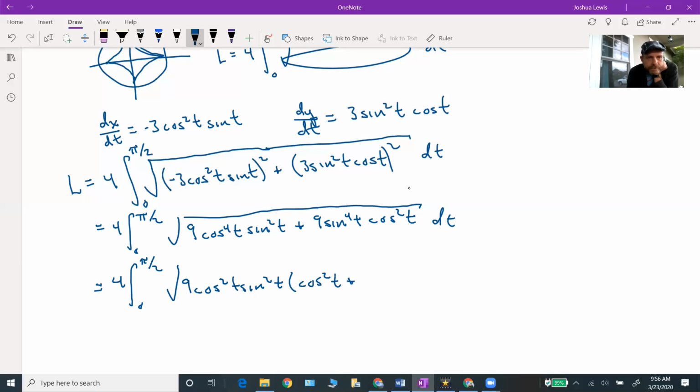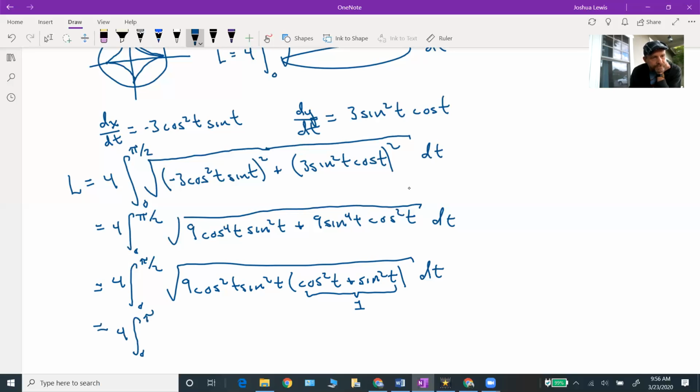Plus this, oh, it gives me a sine squared. I love it when that kind of thing happens. dt. And so, of course, this piece is just 1. And so I have 4 times the integral from 0 to pi halves, and then take the square root here, and you've got 3 cosine t